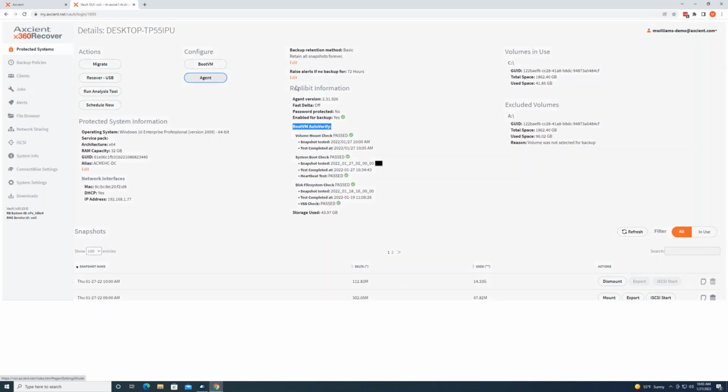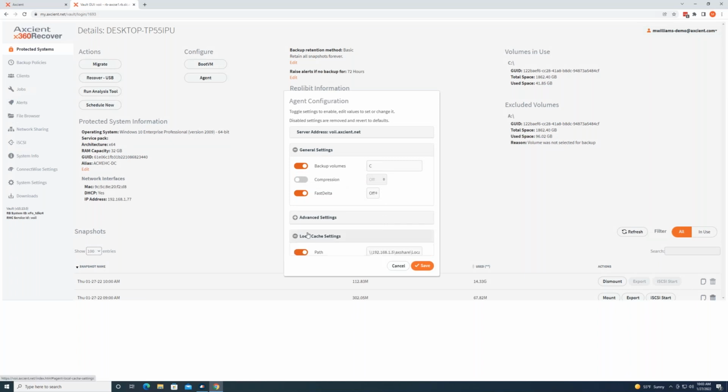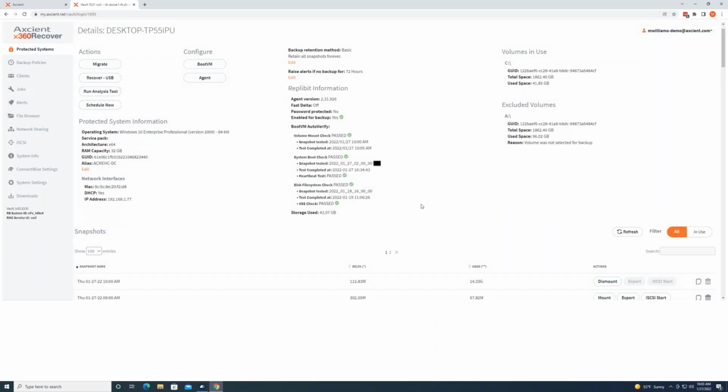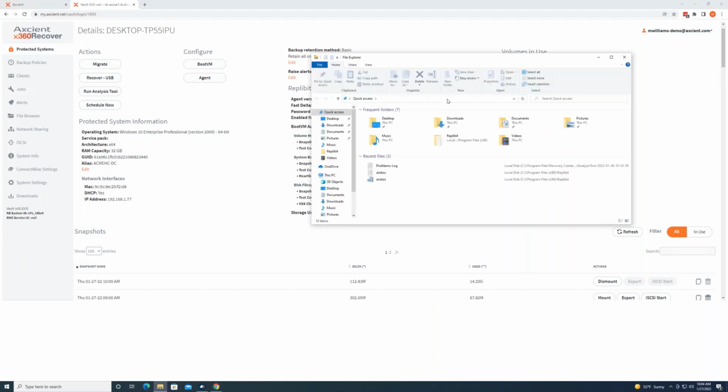The second thing that we set up is our local cache deployment. So we're targeting our local repository. I have a local NAS on my network. And instead of sending backups directly to the cloud, we're actually sending a copy to that local repository. Now, data sent to that local cache is going to be encrypted. So if I open up a Windows Explorer here and access that share,